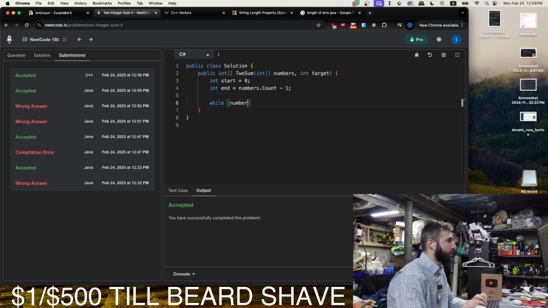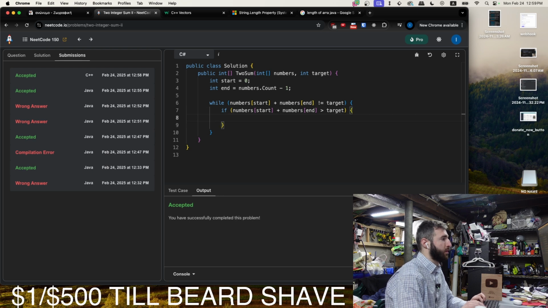While the start number plus the end number is unequal to target, we will check if the start plus the numbers end is greater than the target. If it is, then we decrement the end counter. Otherwise, increment the start counter, and then